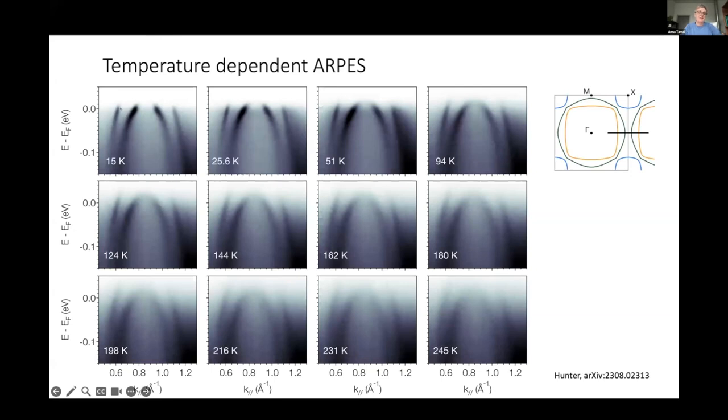You see that at low temperature there are well-defined bands dispersing. Things get broader as you warm up, but still at 200 Kelvin, there are still defined features that you could describe as quasi-particles. So the first observation from this dispersion plot is that the quasi-particle survives up to high temperature. If you take a cut here, you find a well-defined peak for all these temperatures. They survive at high temperature, even beyond this Fermi liquid regime.